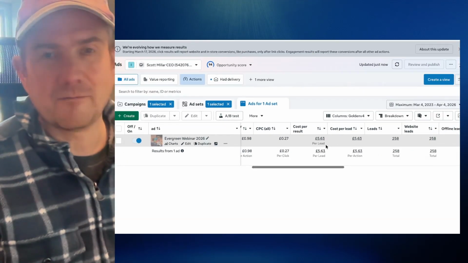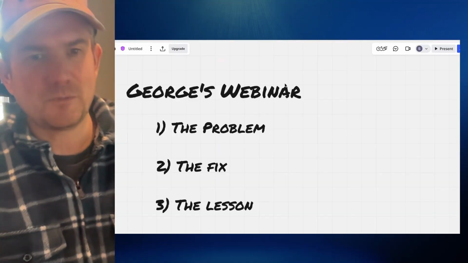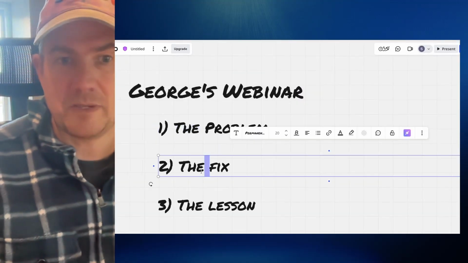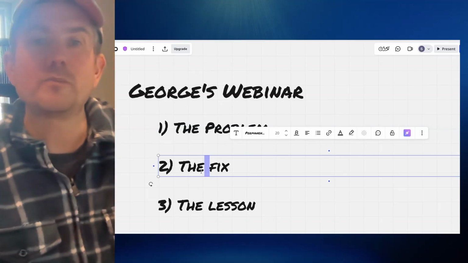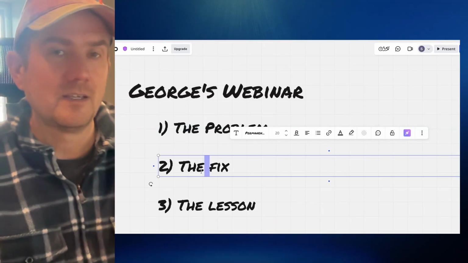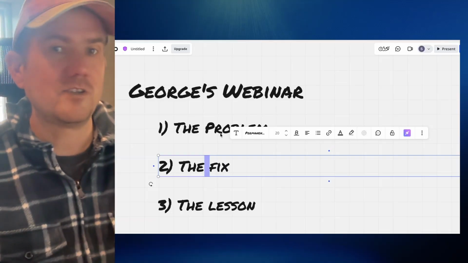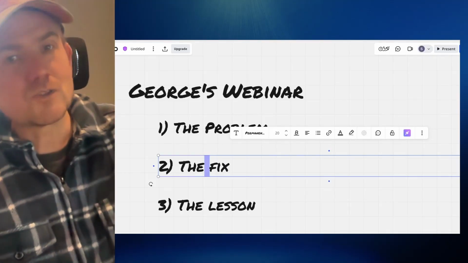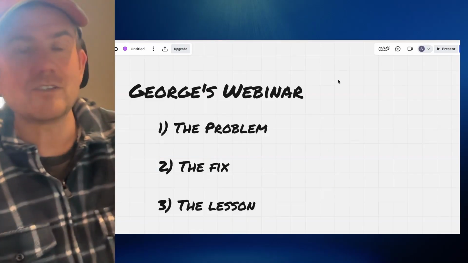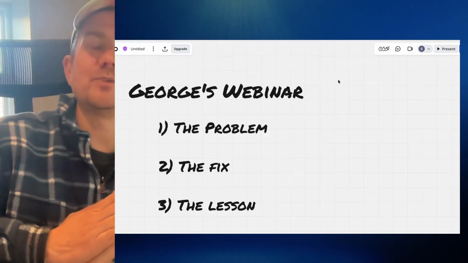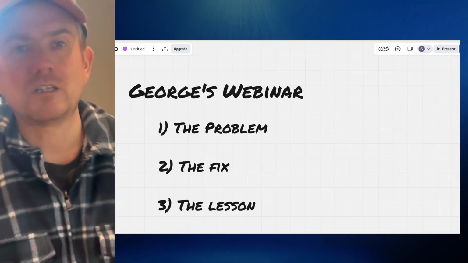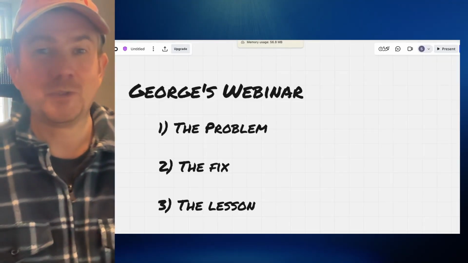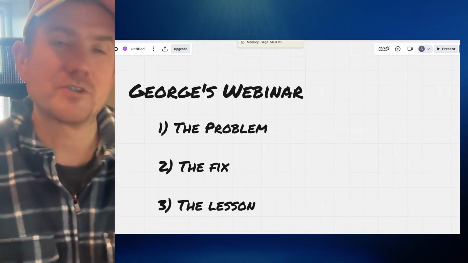But going back to the lesson here, what I'm trying to explain is that George's problem is that it was a fresh ad account. Okay. The fix basically is to run ads for a longer period of time and throw more budget at it. The lesson though, within this, is that you need to understand your cost per lead. Okay. You need to understand that's going to drop over time. And you also need to relate that back to the lifetime value of your client. So going back to that 36-month contract, average client value, if it's like $1,500 per month or something like that, that's a lot of money.